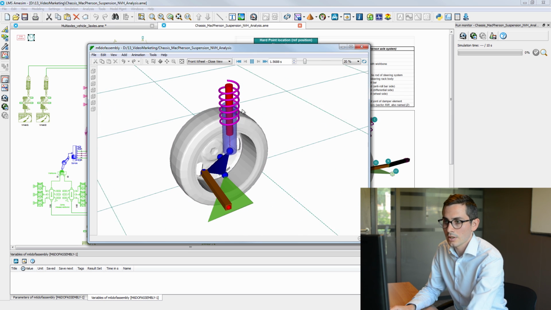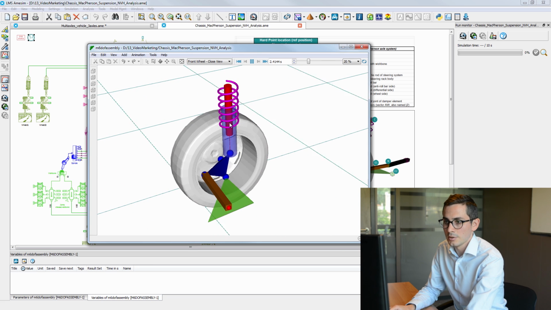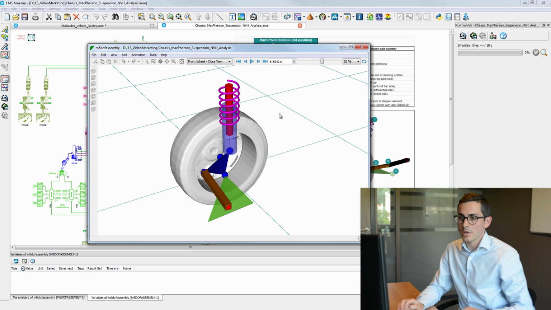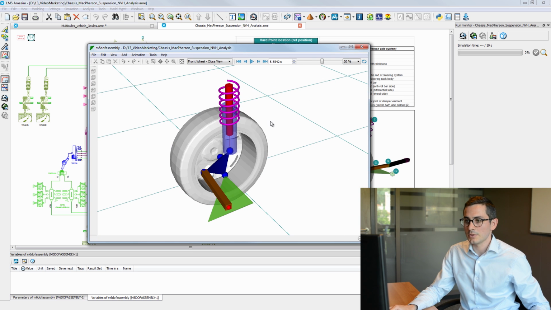At 2 seconds, we will see that the suspension spring is moving, representing the tip-in phenomenon. And then, at 5 seconds, we will see the consequences of the tip-out. So this view could help the user to understand what is the behavior of the suspension and the vehicle.